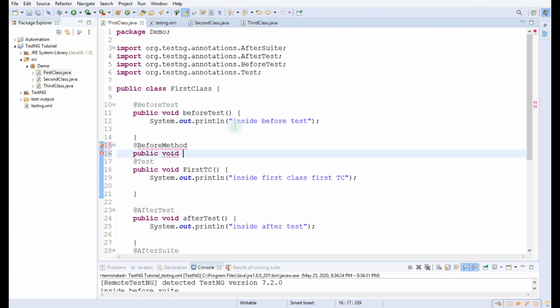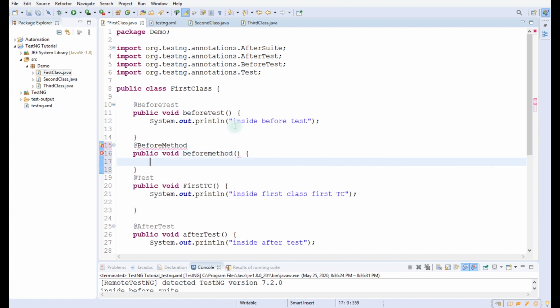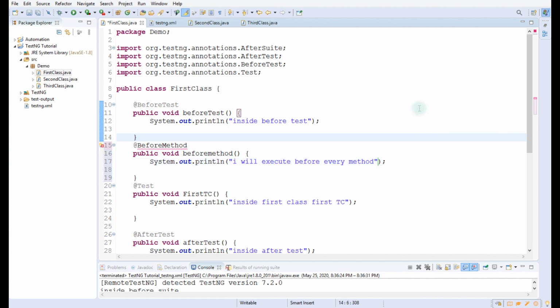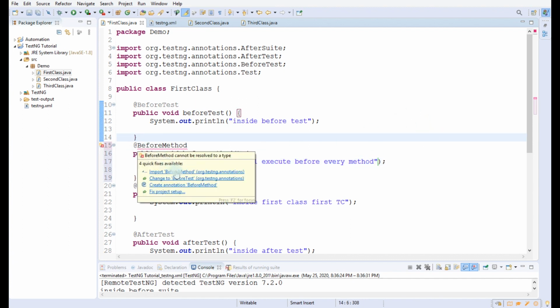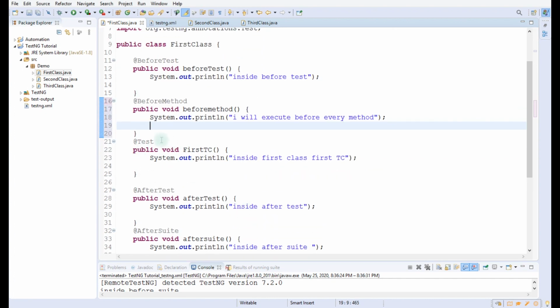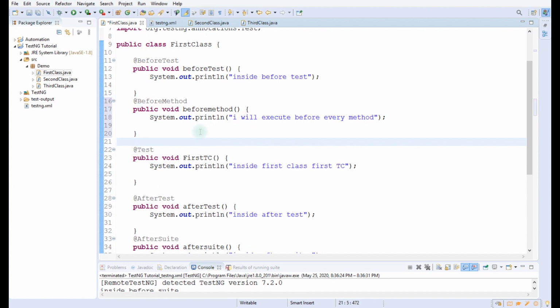And we will create a new method, before method, and inside before method let us print I will execute before every method, right? And we have to import the annotation, and similarly let us write after method as well.